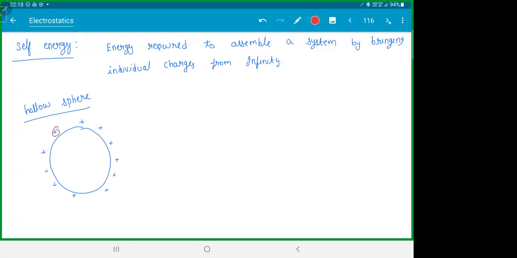That means this charge and this charge will have a potential energy, and so on. Every charge will have a potential energy with every other charge. So if you add all of them, you will get some energy, isn't it? You can actually prove this from integration. The energy of a hollow shell is given by,